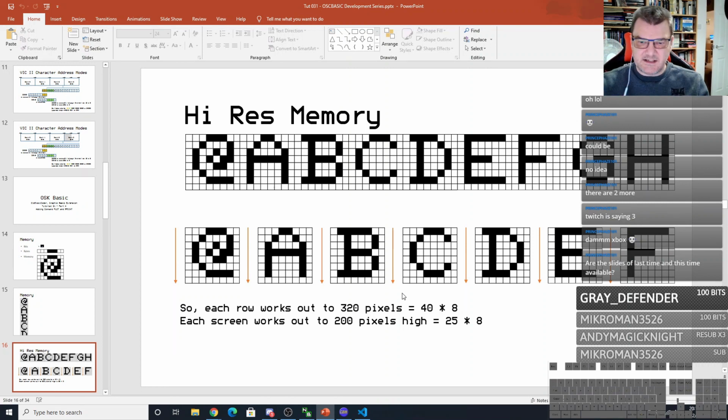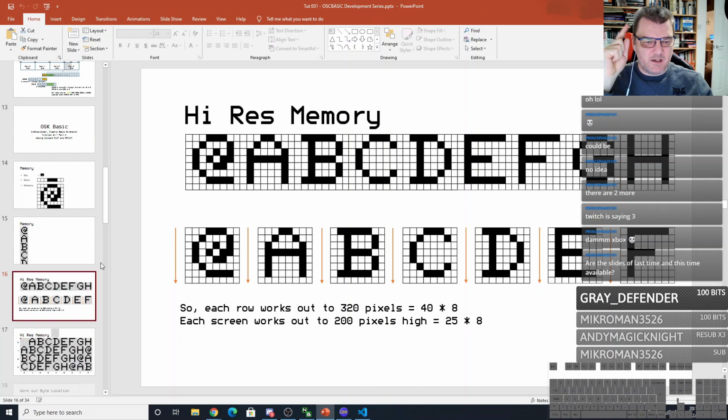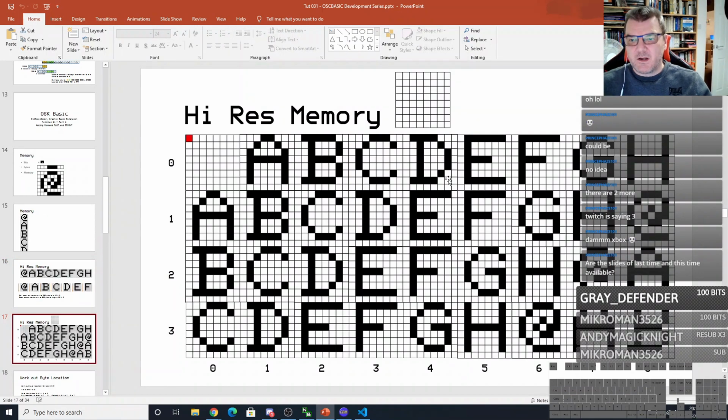And in this case, it's memory space 8,000 onwards. So how do we put a dot on the screen? So here we go. Here's our high resolution screen laid out in some sort of order, I think. Yeah. So row 0, row 1, 2, 3. And in this one, we've got 8 characters or 8 columns. So if we want to set that pixel right there,